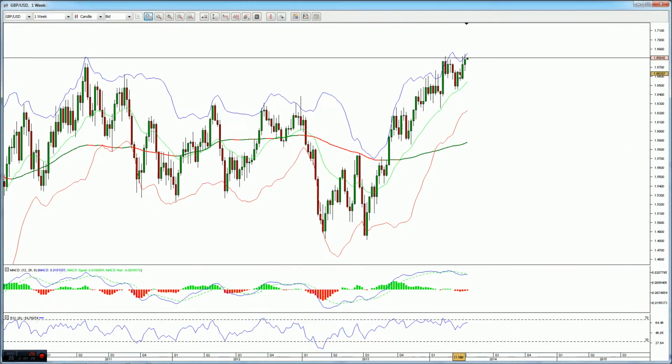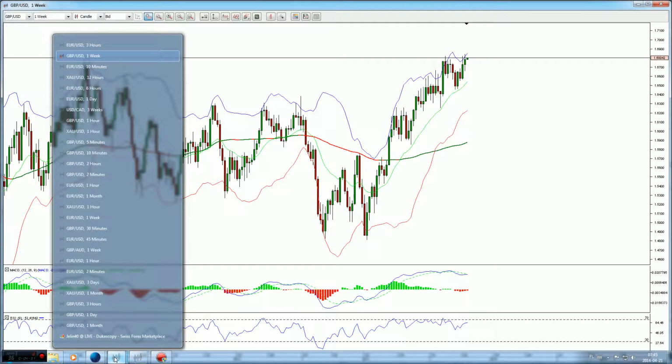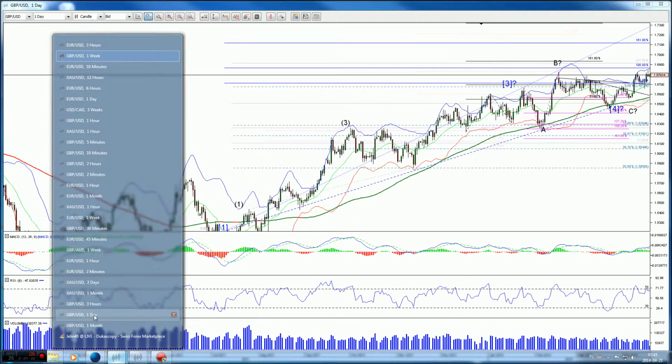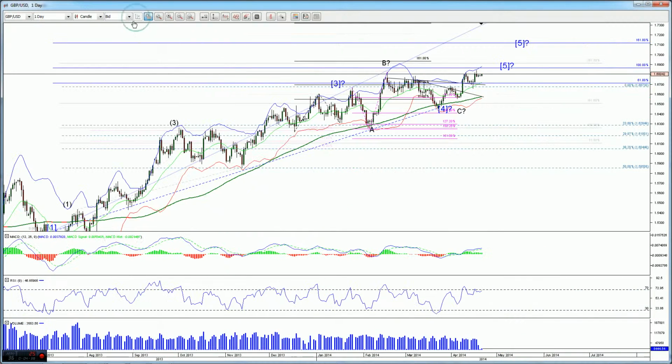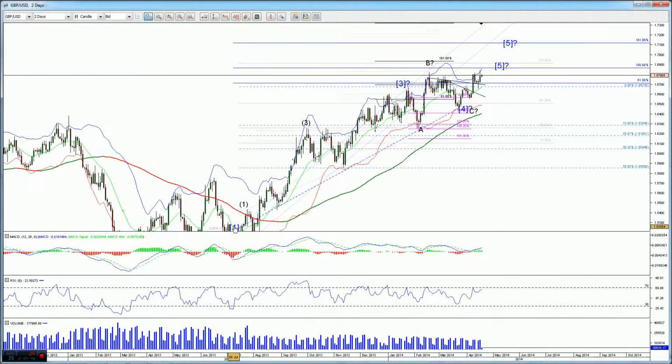The previous weekly was a nice green candle. We also had a long position on this Great Britain Pound last week, and that's the daily chart. This is the count on a daily. I had it on 2 days as well. 1, 2, 3, the 4 is already in. So this is this A, B, and C corrective, and this is the